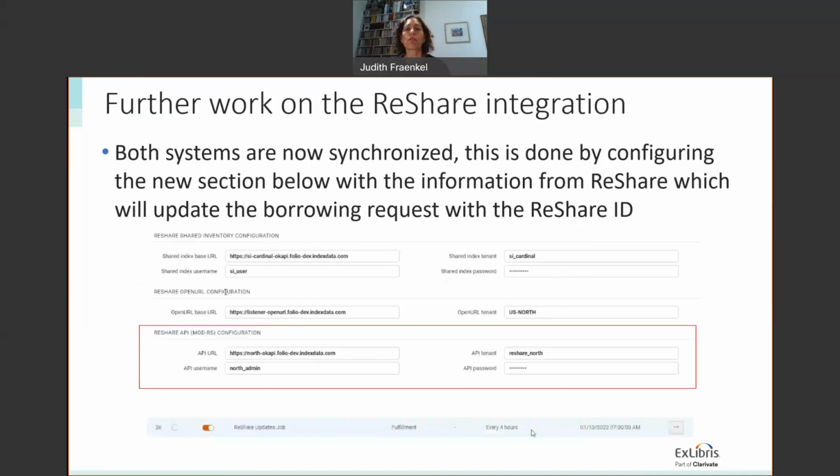Again, in terms of what we call the ecosystem and the networks, and opening up the world of resource sharing and enabling you to work with partners that are working differently than you, we continue the work with ReShare. Some of our customers are part of ReShare networks, and we continue to work together with ReShare. So what I wanted to show here, and we do have a few customers that are part of ReShare networks,